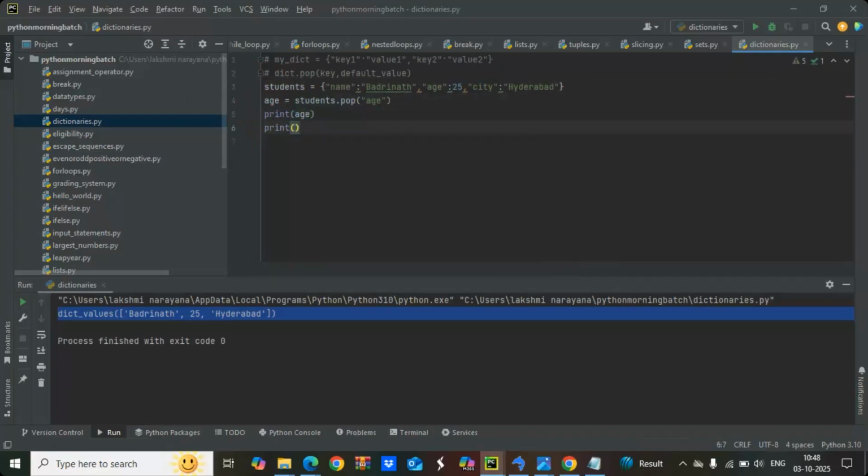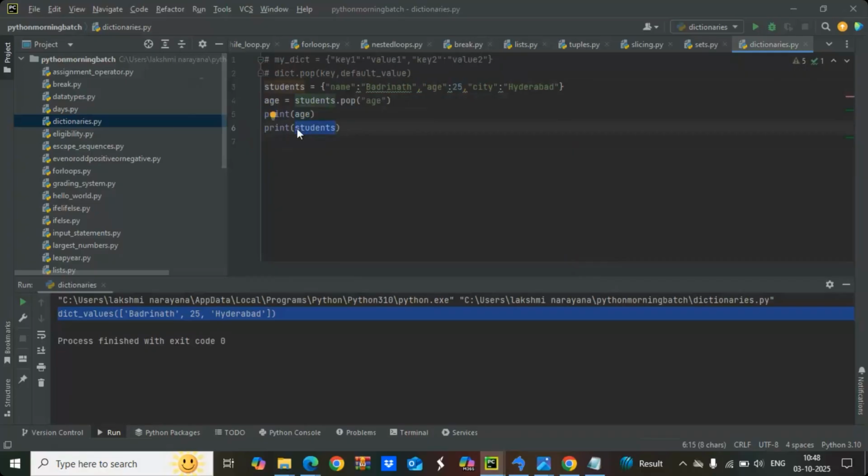Here we can print the students. Here the first print shows which key was removed, and the second print shows the updated